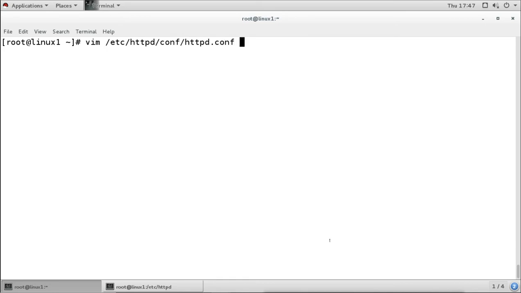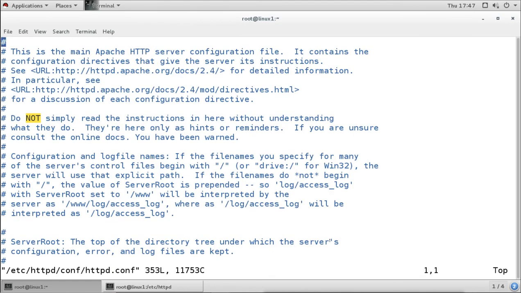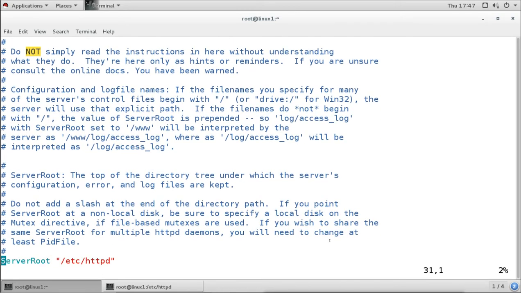And this is the main configuration file. So let's go through the main configuration file and what configurations we have in it. We will not do any changes, we'll only add the server name there. Now the file starts from here, and it has a lot of comments and information regarding the server's configuration, so how you can configure these things. So you should read all those things.